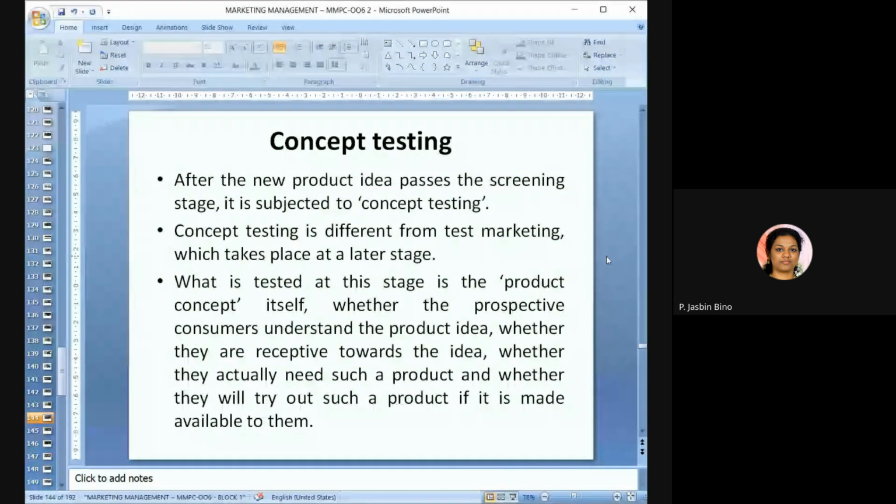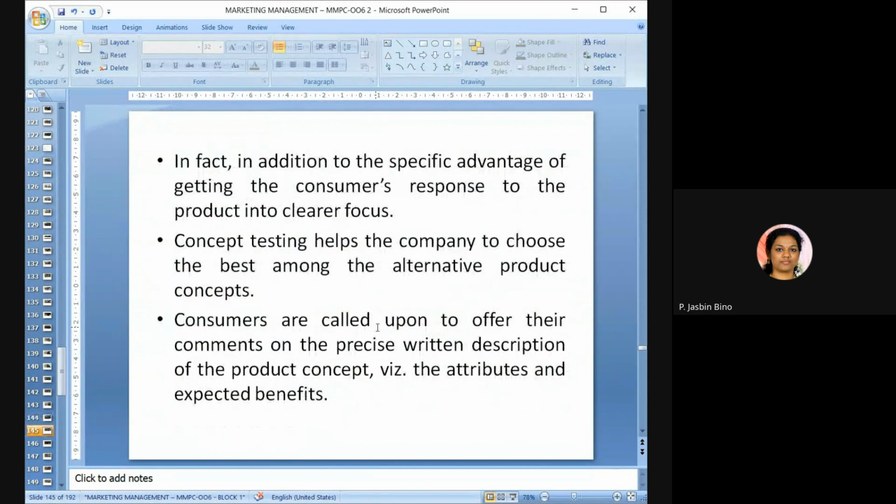Whether the prospective customers understand the product idea, whether they are receptive towards the idea, whether they actually need such a product, whether they will try out such a product if it is made available to the market, etc. So these should be considered. So this is what is concept testing. We can call this as idea testing. So normally this concept testing helps a company to choose the best alternative or